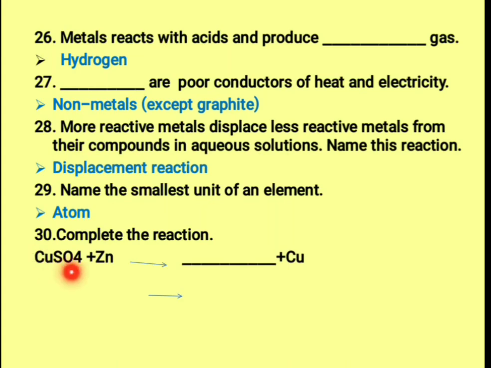And now this is the last question, about a reaction, and this is a displacement reaction. See here, CuSO4 plus Zn. CuSO4 is a compound, and this compound is mixed with water. That is why here it is called aqueous solution. In this solution, if you add zinc, zinc is more reactive than copper. So what happens? This zinc will displace. Can you see? It will remove this copper outside and it will take its seat here. It becomes zinc sulfate and copper is precipitated outside.